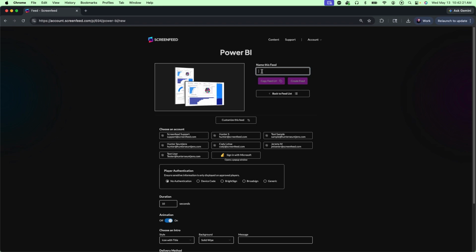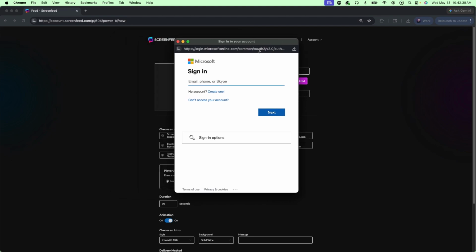Click Create New Feed, or if you have an existing account, you can add a Power BI trial under the subscriptions page. Name this feed and choose Sign in with Microsoft. Here, you will enter your authorized Microsoft user that has read access to the Power BI reports.